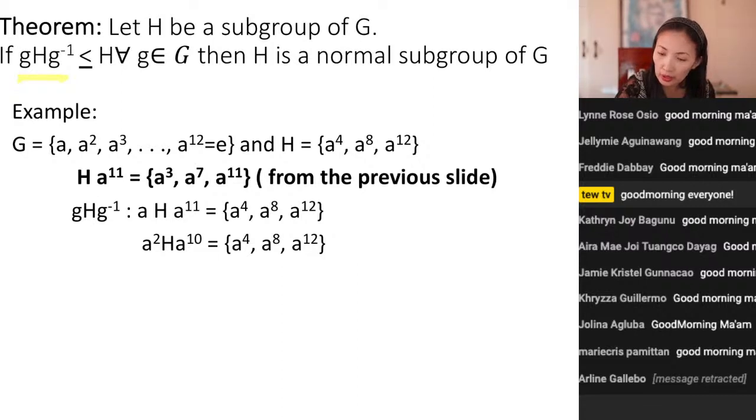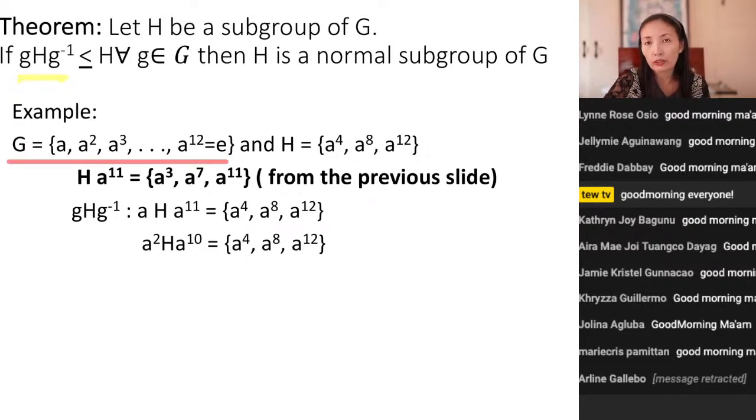Referring to or talking about the same group, the cyclic group of order 12 generated by a, and the subgroup H whose elements are a to the 4th, a to the 8th, a to the 12th. What is the inverse of a? Okay, remember by definition,